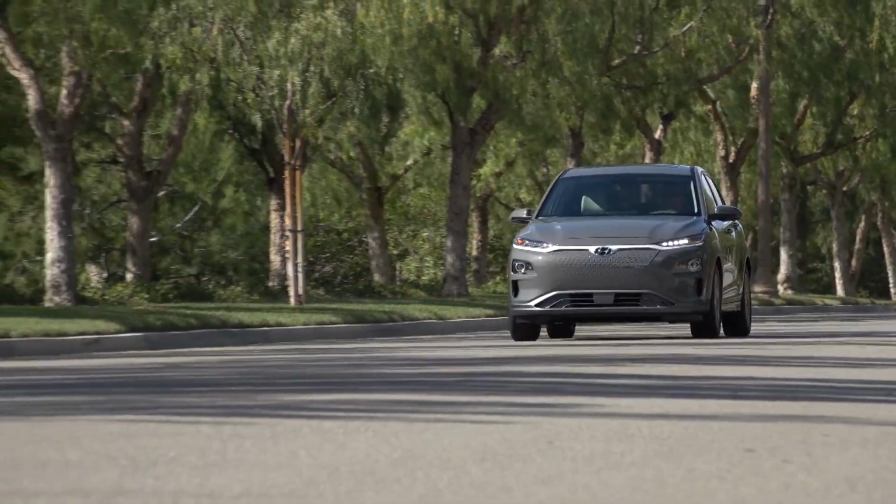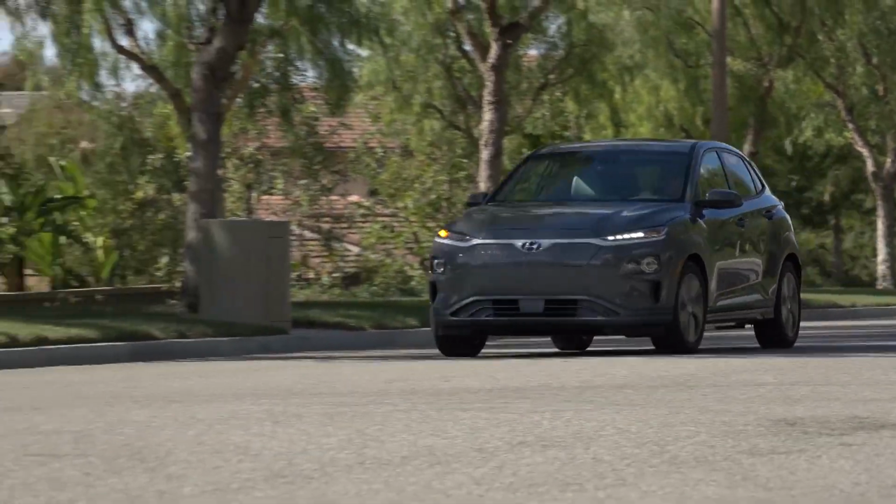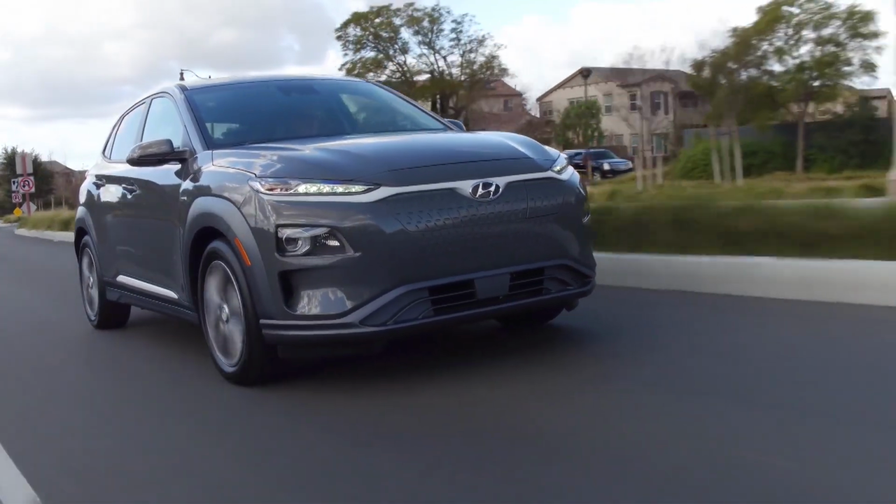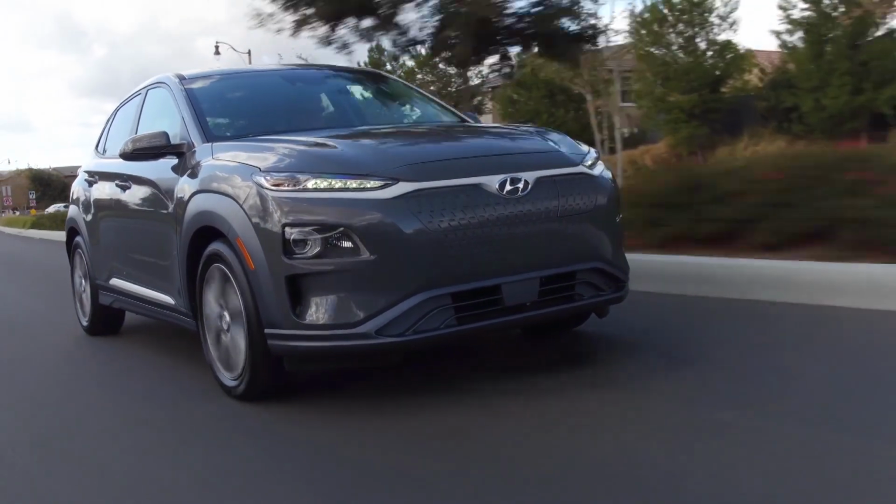Well, to that point, and maybe stating the obvious to us and probably most viewers, the quickness of an EV in this size vehicle is just that instant torque. And I think what's holding back EV sales to a certain extent with the general public is this misperception that they're pokey vehicles, because they're not gasoline powered, they're slow, and this is just the opposite. Right. It comes out of years of hybrids that are really designed for maximum fuel efficiency and really low power from an internal combustion engine combined with a little bit of electric. Yep. You go to a straight electric and...